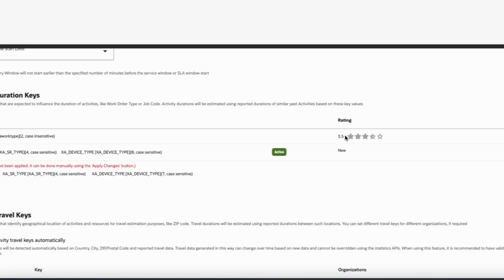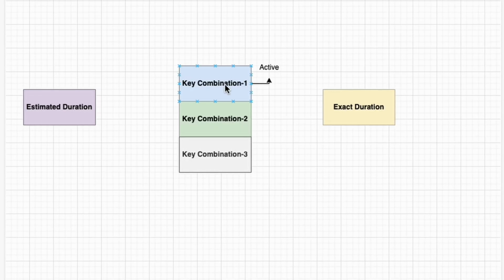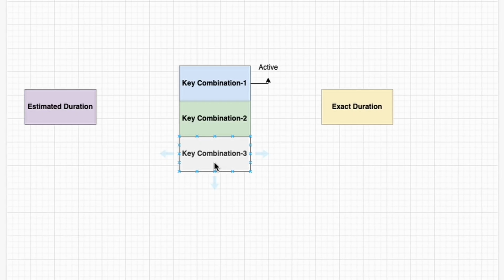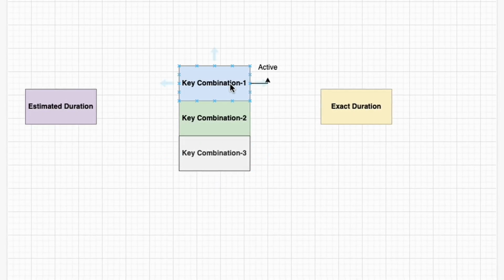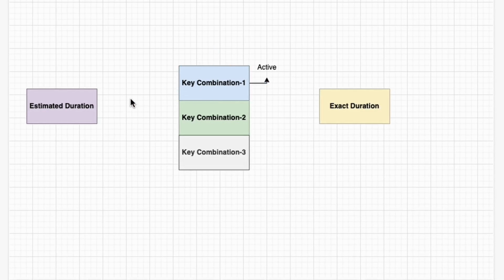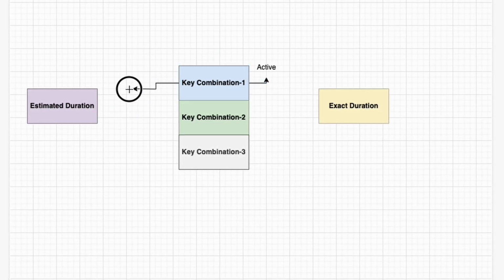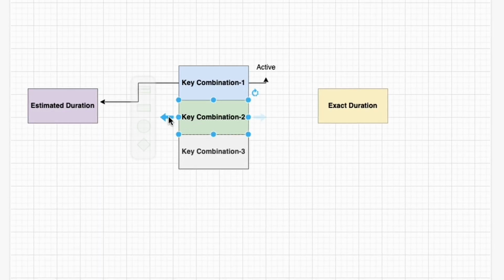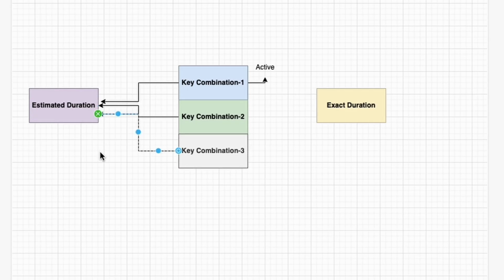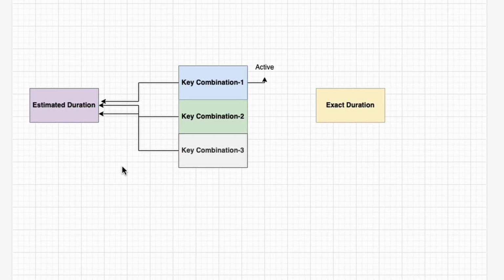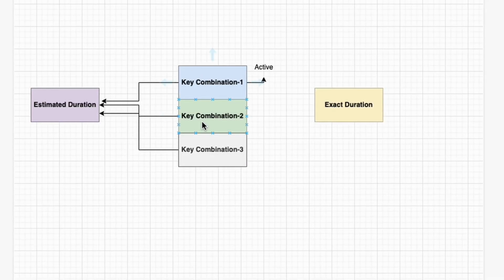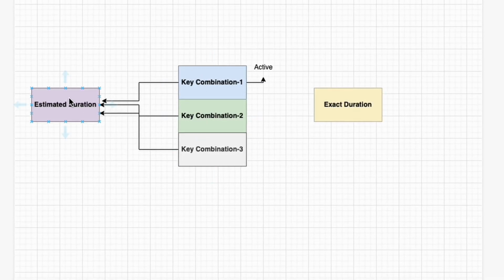Let me explain in detail. You have a number of key combinations in activity duration statistic. Each key combination will have different properties, so accordingly they will estimate duration. Key 1 will estimate duration, key 2 will also estimate duration, and key 3 also will estimate duration. Suppose every key has estimated a different duration,